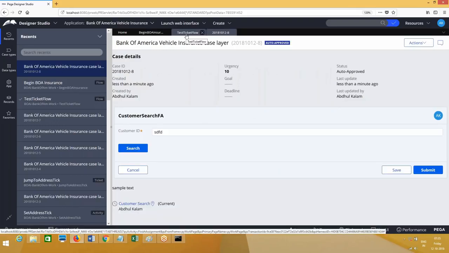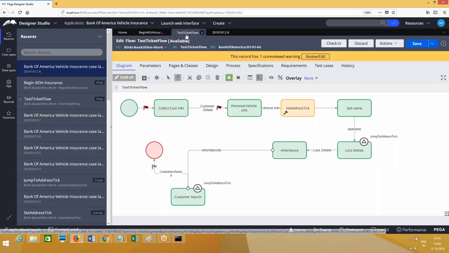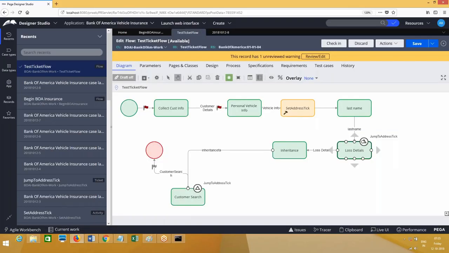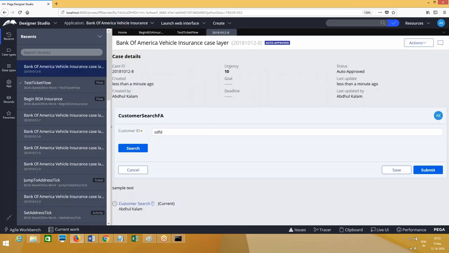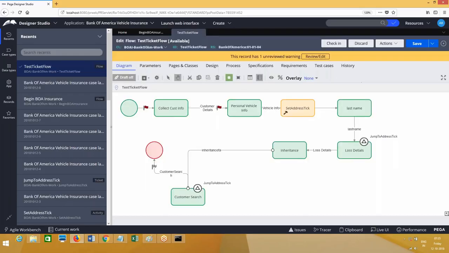Customer search flow action. So it's proceeding regularly, right? Actually, this is how it should work. It should go to first position only. It should not go to last position. Okay. So whenever the ticket is being called in multiple places, it should proceed to first position. Maybe that is happening. The address details behavior we have seen is happening because of cache issue and all. So anyway, it should proceed to last details.